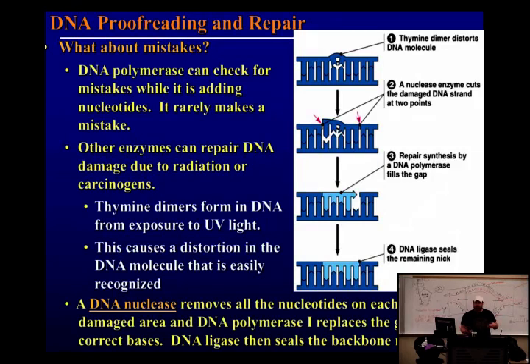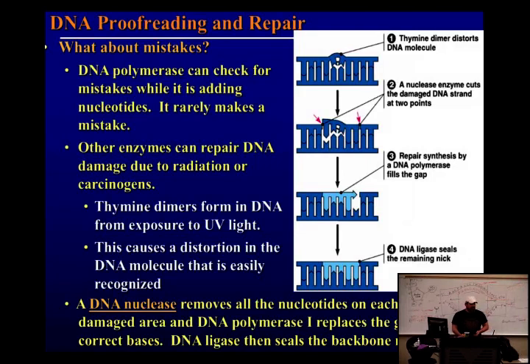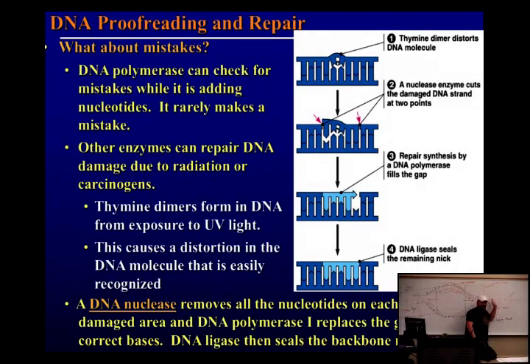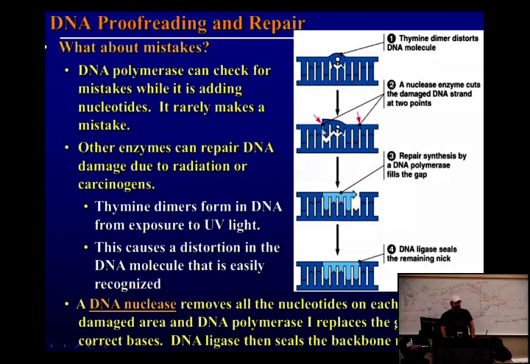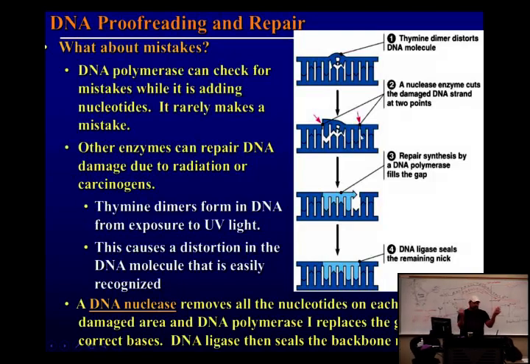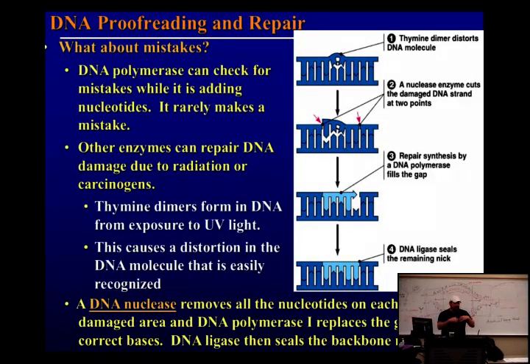And there's two kinds of nucleases. There's an endonuclease and there's an exonuclease. So what would you call one that made the cuts on the inside? Endo. And if it was cutting from the end of the chromosome, it would be an exonuclease. So that's the difference. So this particular nuclease is an endonuclease. Its job is to cut the DNA and remove it. Because it's a covalent bond, is that reversible? No, so you just got to dump it and start over.